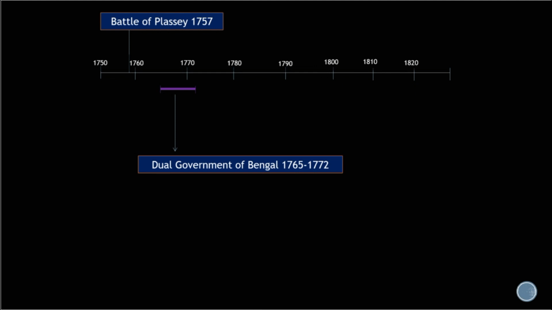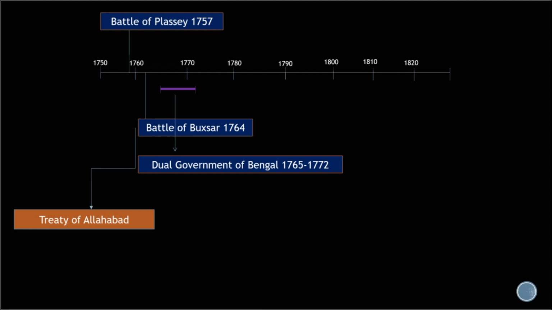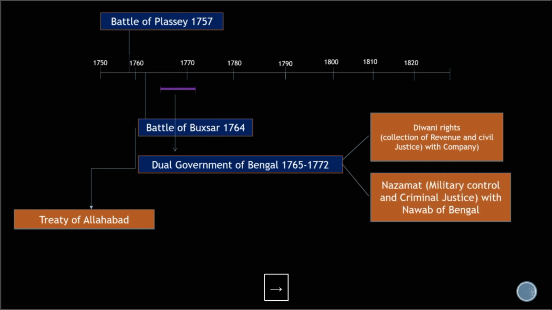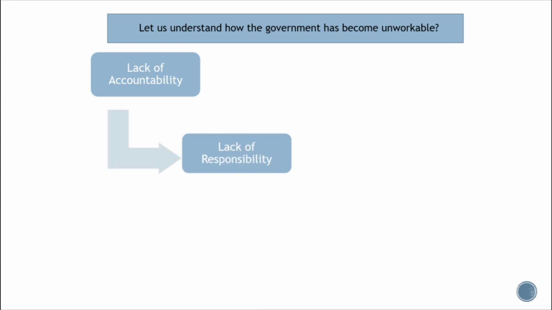This system of governance of Bengal resulted out of the Battle of Buxar, followed by the Treaty of Allahabad. The dual government system of Bengal confirmed Diwani rights of Bengal to the company, while the administrative rights were looked after by the Nawab of Bengal. This system of governance had evils due to which it became unworkable. It gave control over the province but without any responsibility and accountability for its administration and for any of its